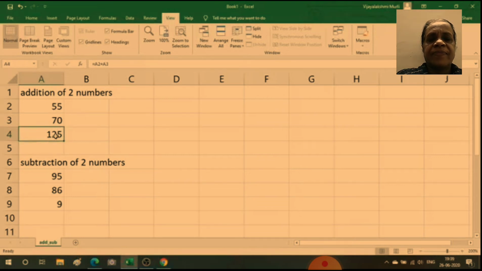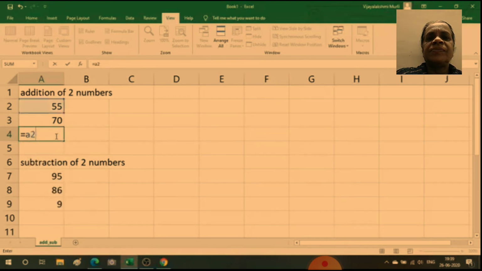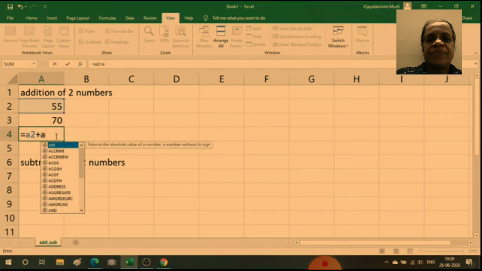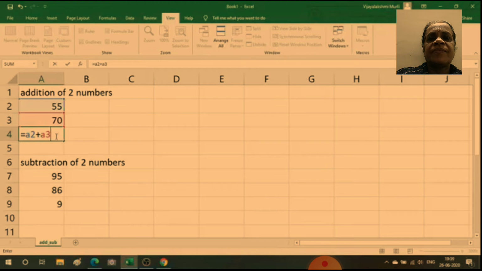Always remember you have to start any calculations in Excel with is equal to sign. So I started with equal to. Now you can type the cell address A2 plus A3 and press the enter key.